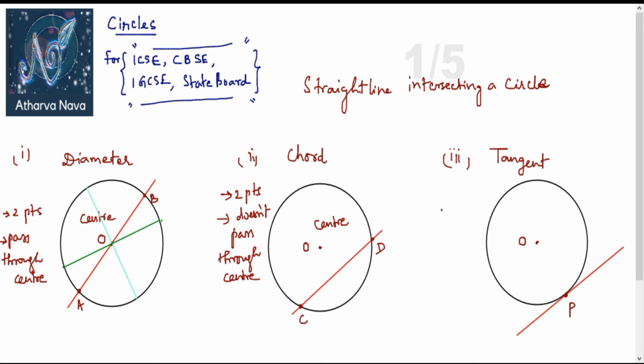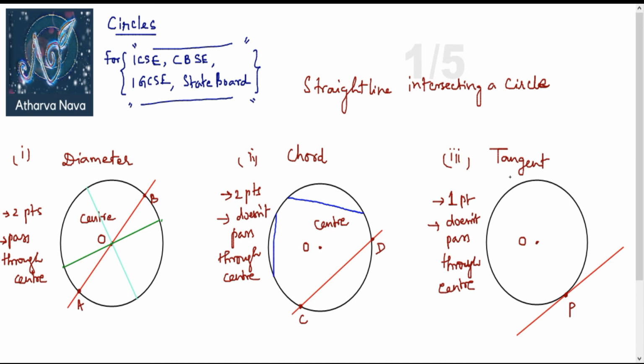And the third case, you can see that it is only intersecting at 1 point. And again, it doesn't pass through the center. Definitely it can't pass through the center because it's outside the circle. Can you see that? It is touching the circle externally. See this one. This is a line. Now, for instance, I'll take another color and show you that this is also a chord. Any of these are chords.